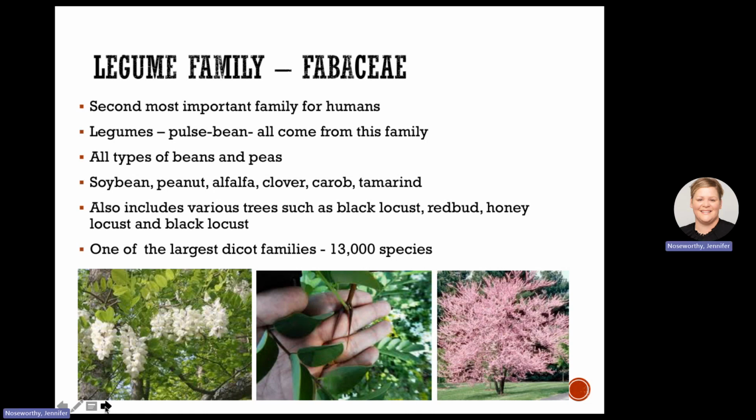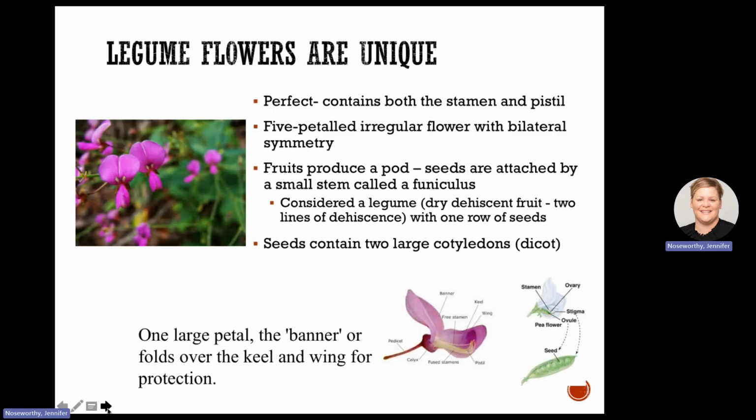And it is also important to say that the legume or Fabaceae family includes not just these food crops, but other plants you may recognize, such as alfalfa, which we talked about in the last unit as a cover crop, but also trees like black locust, redbud, and honey locust, and they're displayed here at the bottom. It's a fairly large plant family, and unlike cereals, where Poaceae was all comprised of monocots, this family is comprised of solely dicots, many, many dicot species.